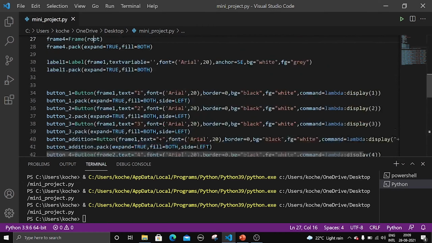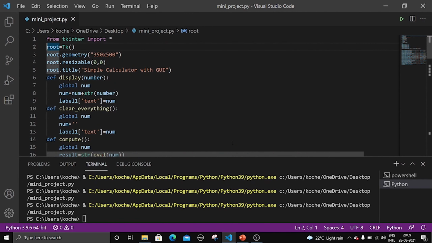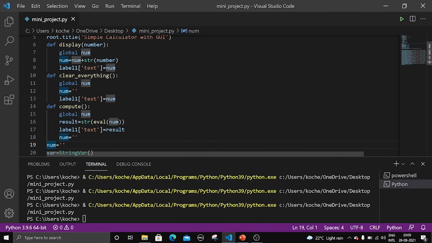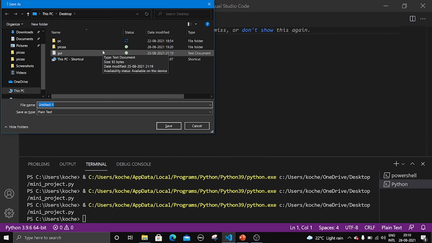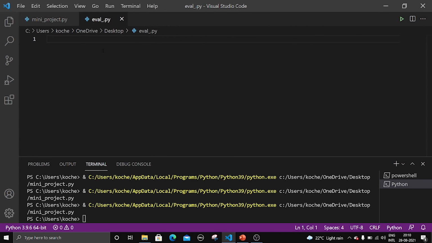So let me explain what this eval is. Let me take a new program. Let me write eval.py, right? So let us take a string x equal to 56 plus 4.